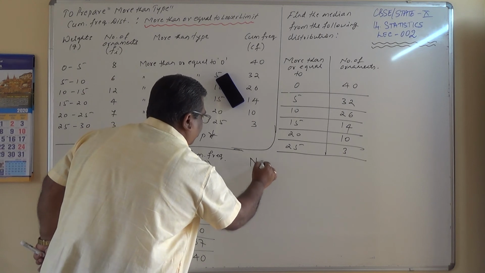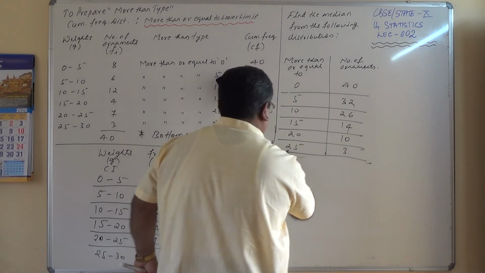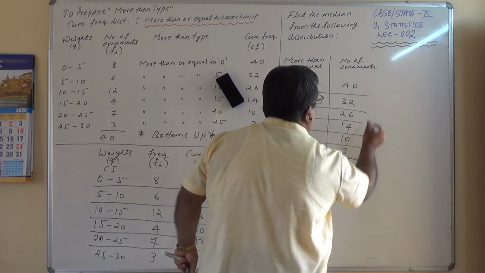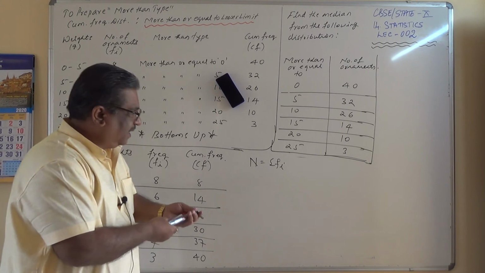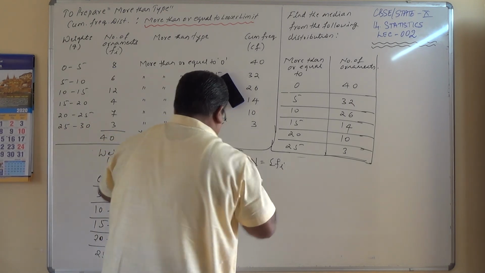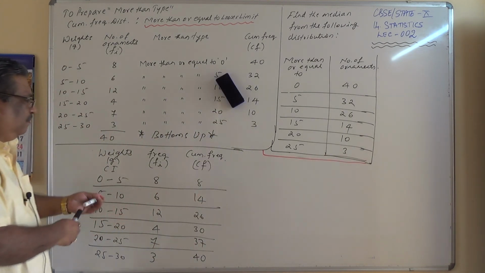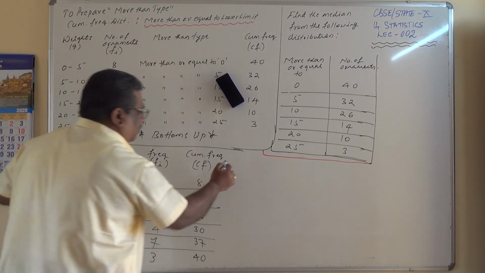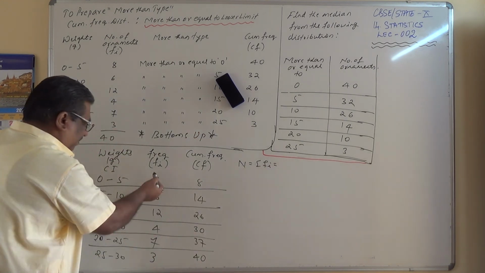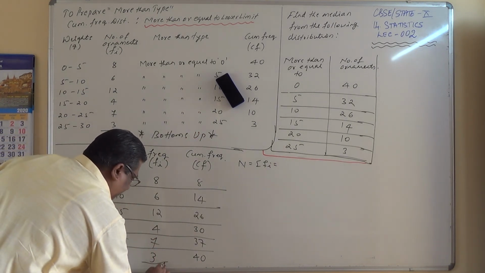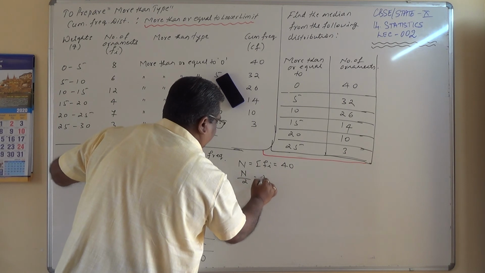What is N equal to? N equals sigma fi. Just a minute, I'll mark this. Okay, to segregate that and this now. Okay, now cumulative frequency is given. N by 2 we have to find out. N equals sigma fi equals how much? Sigma fi, all this put together, is nothing but 40 here. N by 2 is equal to 20.